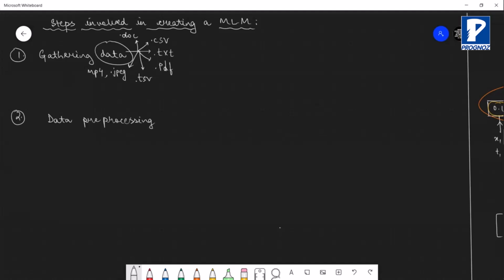Now what is data pre-processing? This is also known as data cleaning. Some people also call it data wrangling. So you can just remember those names if you want, otherwise simply understand data pre-processing. Now what happens in case of data pre-processing is that first step was to gather the data. So you have gathered the data. Now gathering can be through different surveys. Maybe you are conducting certain surveys, you are using Google Forms for that. And then you are circulating those Google Forms. So you are getting a lot of information.